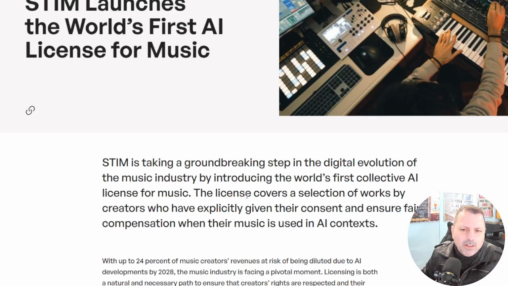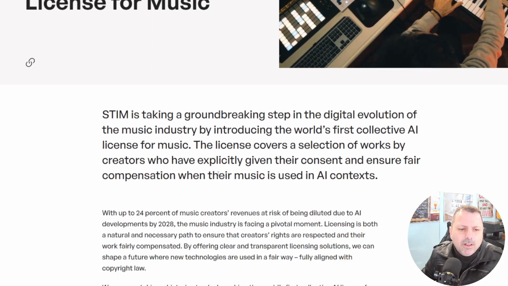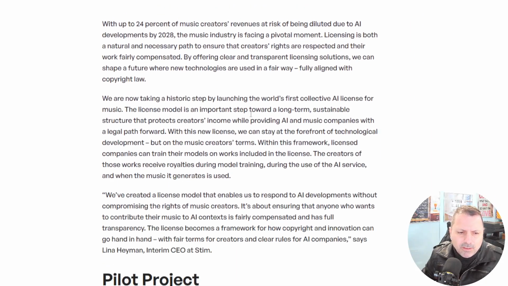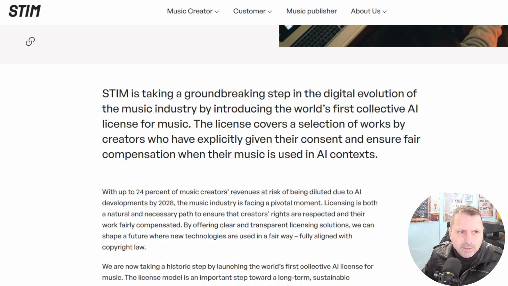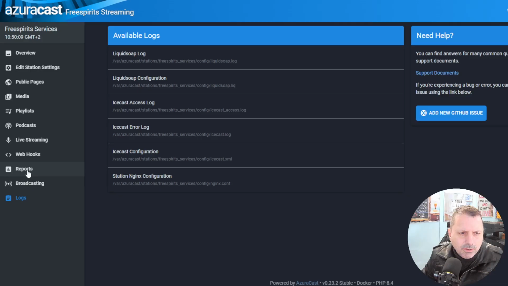Those two platforms collect, in fact, the money for the rights of all this music that you play on your radio or in any public places. You can read more about that on the official websites. The point is that inside AzuraCast, you're gonna see that you have the logs over here and you have the